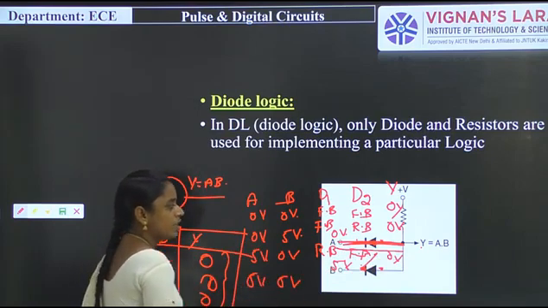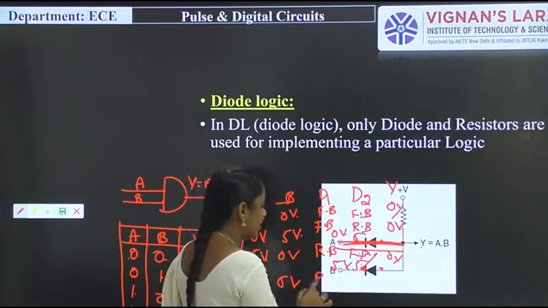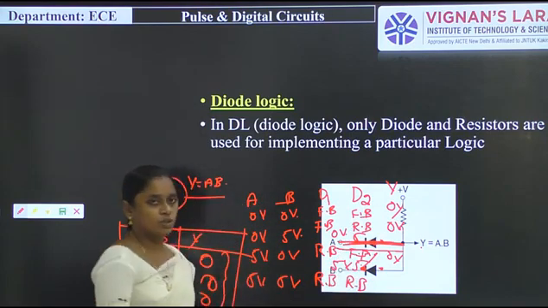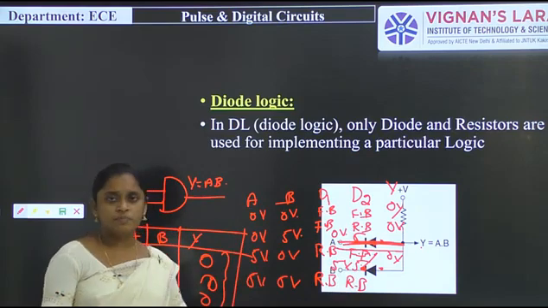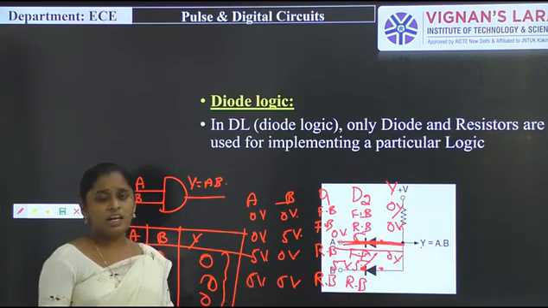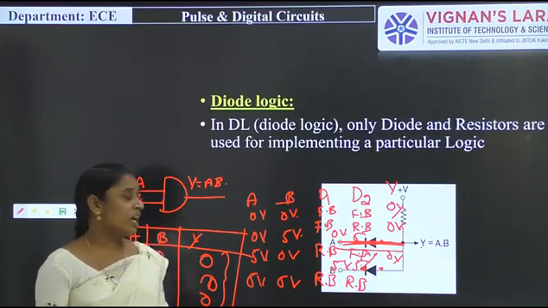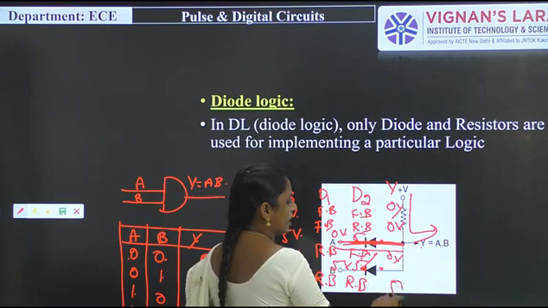So in that time, this is 5 volts and this one is also 5 volts. Then diode D1 will be reverse biased, and D2 will be reverse biased. Why? Because both the anode voltage and the cathode voltage are the same. So whatever the input signal applied in this condition does not appear at the output side. That is why the 5 volt signal will reach the output side, that is, a 5 volt signal.